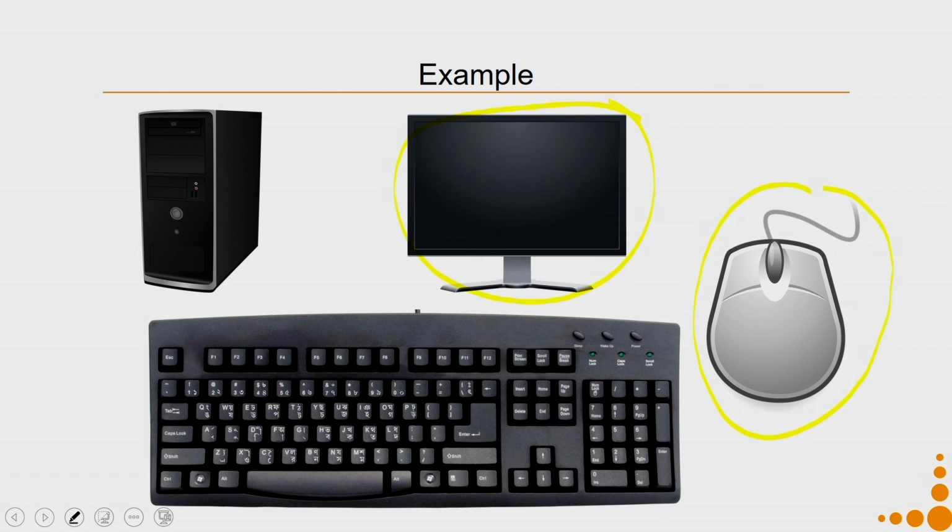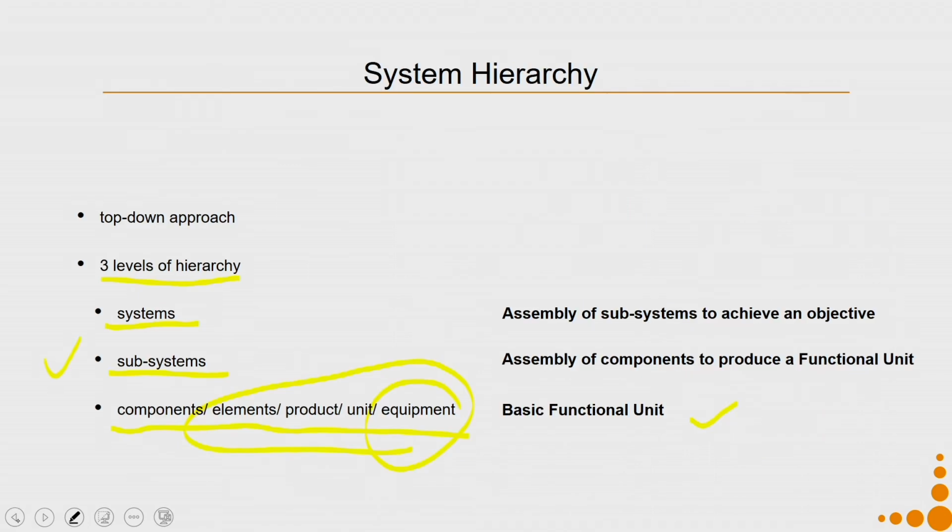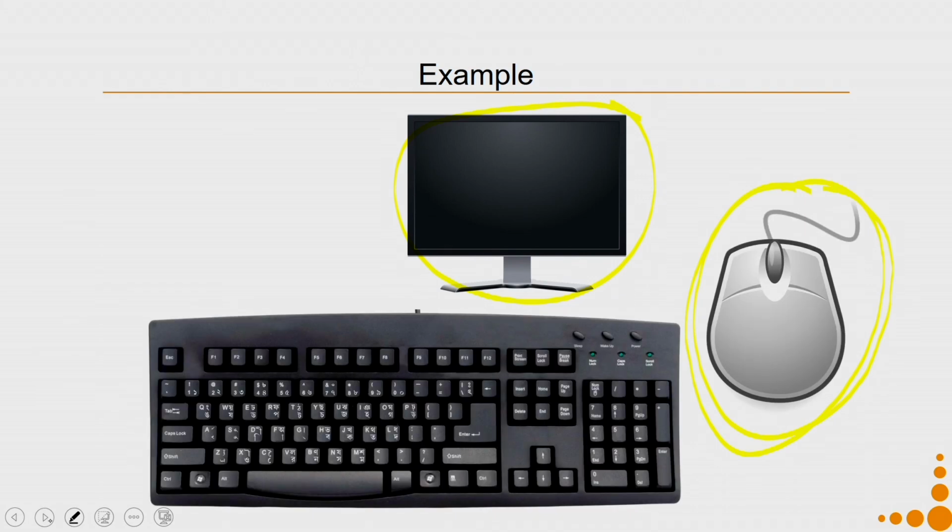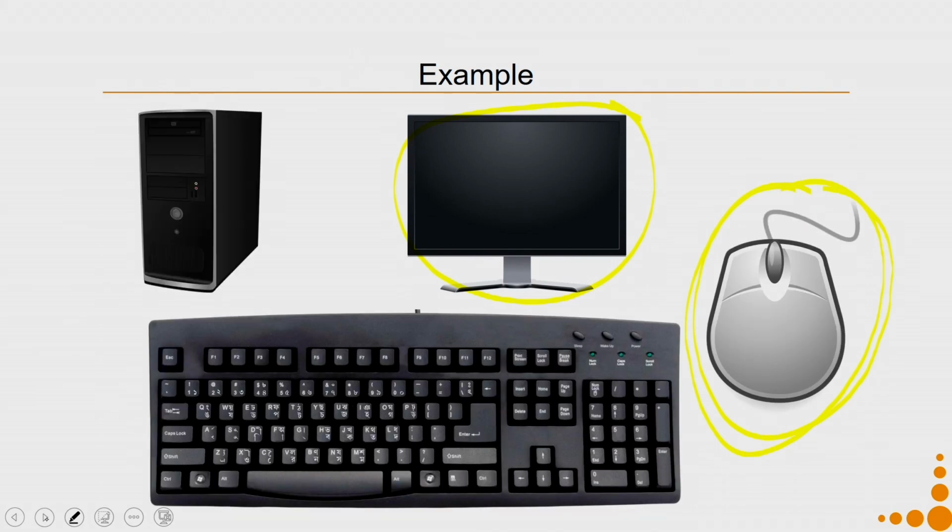So, let us take one of these objects like the mouse. When you break down the mouse into constituting components, what you get is a basic functional unit. When I assemble them together, I get a subassembly which is able to fulfill a particular function. So, what my mouse does is, it helps me to point onto a certain thing and it helps me to select, and these activities. So, this is the functional unit.